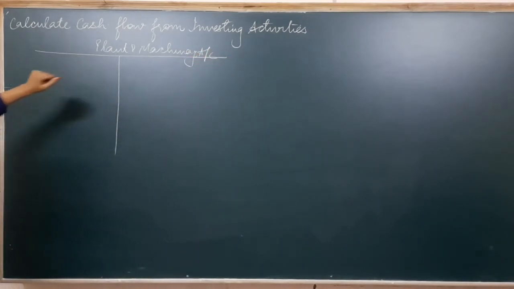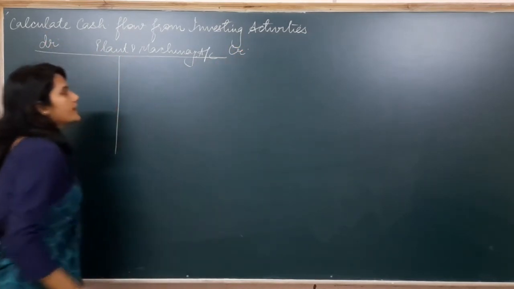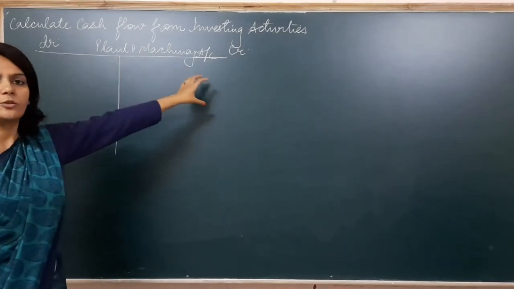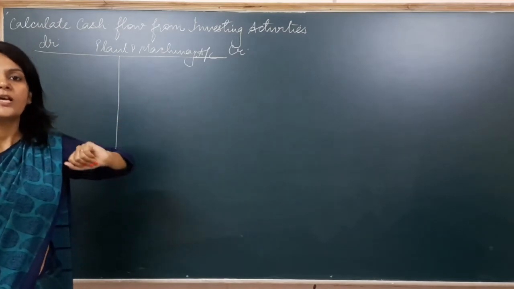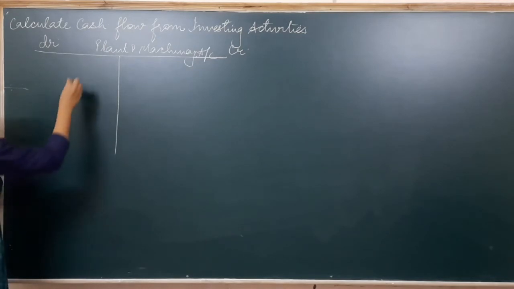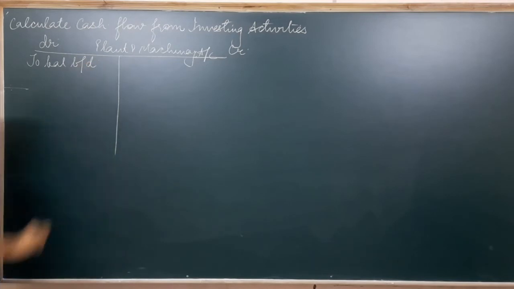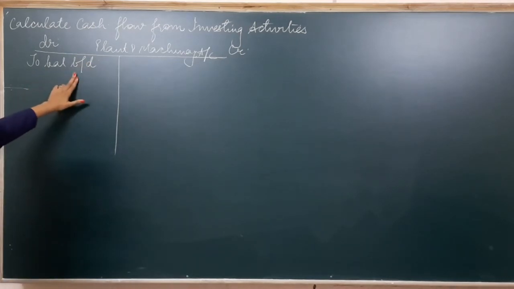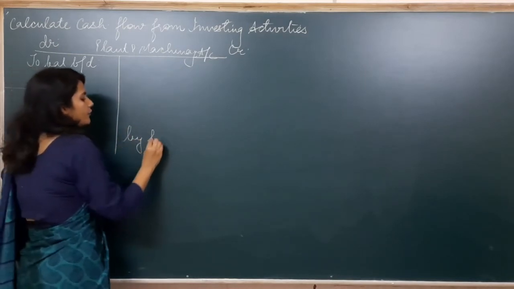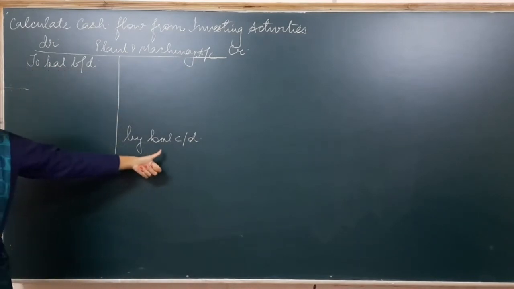So all the assets have debit balances. So this is the debit side and this is the credit side. Every one of you knows what items are to be written on the debit and what items are to be written on the credit side. Still, for revision: if an asset has a debit balance, then its opening balance will be written on the debit side. So to balance brought down, we will write on this side. And on the credit side, we are going to write its closing balance, so by balance carried down on this side.